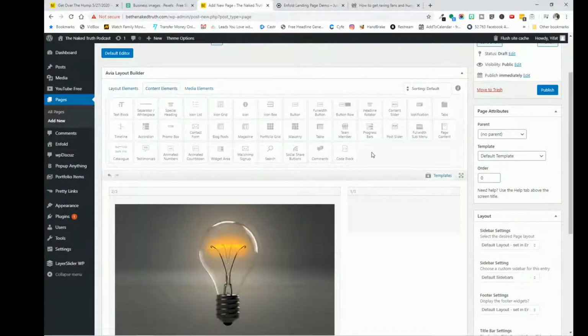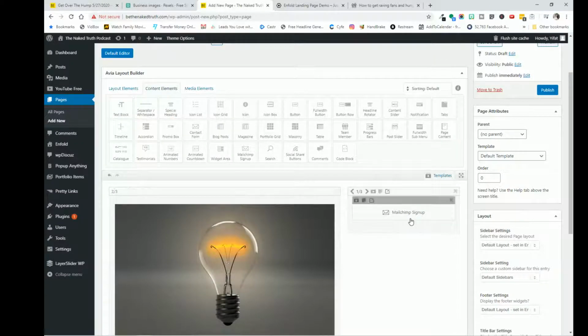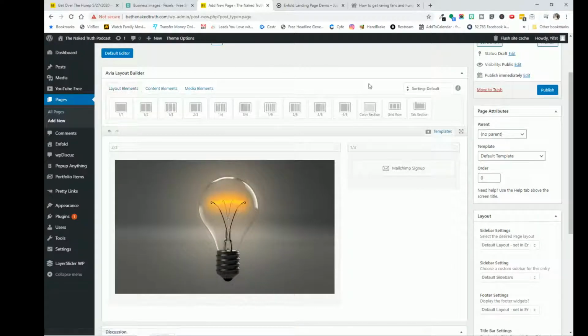Come in here. You can connect this one to MailChimp. So you have a MailChimp sign up, right? That's the easiest way. It's just going to look simple. There's a product, there's an opt-in, that's it. If you want to make it prettier, and that's where Paul and I get into how pretty, what is pretty,